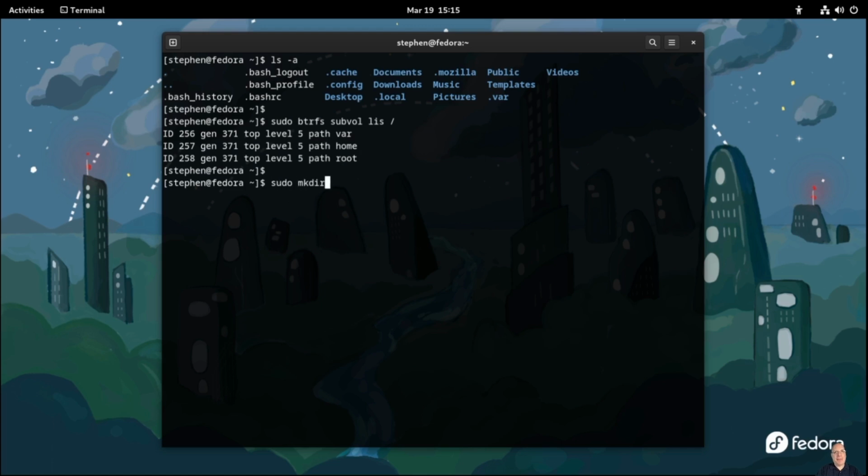Make it a fake backup of sorts. It's not a real backup. You should do real backups of your home directories. Systems can be rebuilt, but home documents might not be able to, so do real backups, folks. So I've created a .snapshots directory in var home, which will hold our snapshots. And then all we have to do is a sudo btrfs subvolume snapshot -r for read-only, so we don't want anybody to touch our snapshot backup, fake backup,